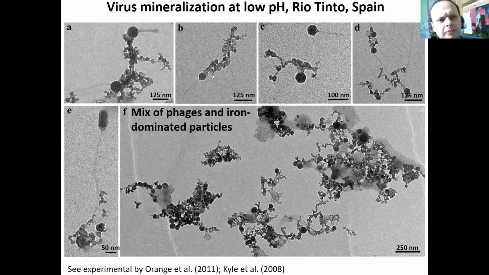Some of them have icosahedral shape, some are more oval, and as you can see, they are attached to iron precipitates, or some even